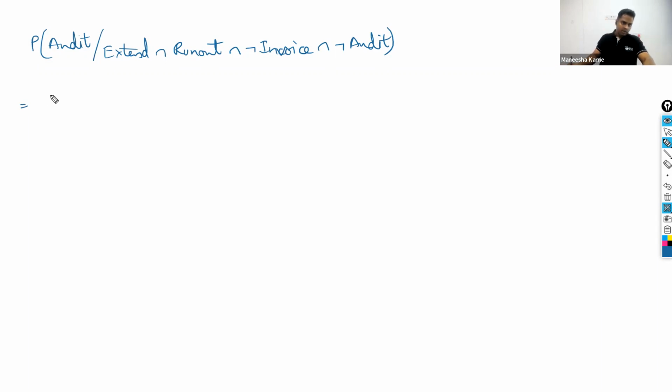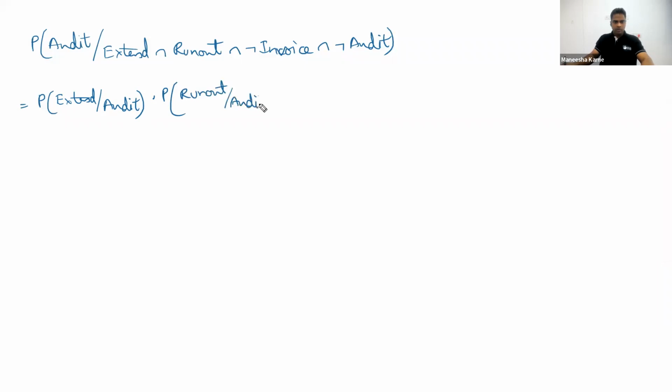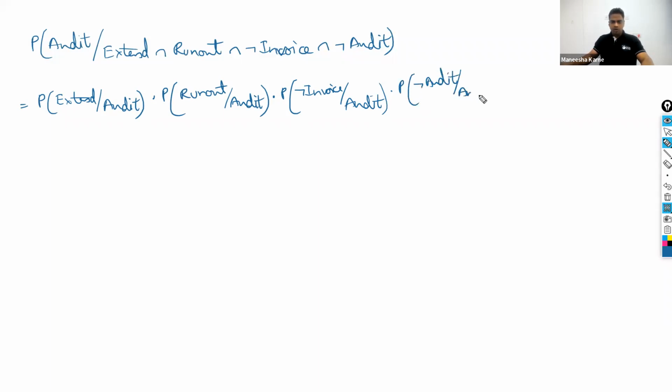You split it basically. Okay. Probability of extend given audit, into probability of run out given audit, because you have multiple words, into probability of not having the word invoice, given that it is audit related request, into probability of not having the word audit, given that it is audit related request, into probability of audit,